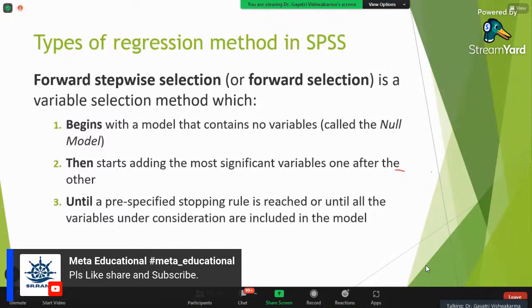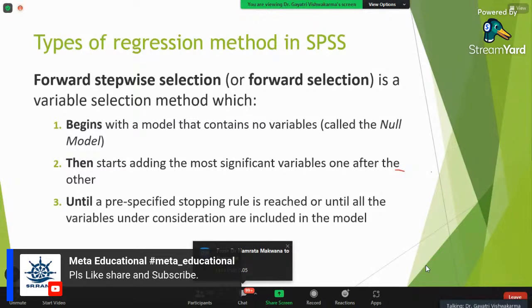So what does stopping rule mean? You are saying a variable must be statistically significant, and significance you can define here. If you know about significance, what is the p value? What do you understand by the p value? The p value has to be less than 0.05.